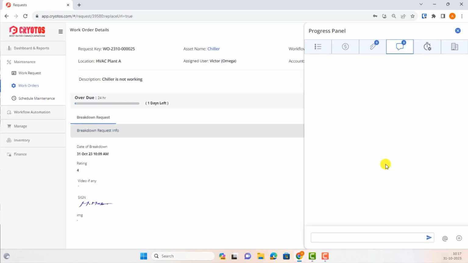So this is a comment option. So here you can give a comment and that can be viewed by the person who is using the application, who are the registered users of the application. So you can send it to the registered users